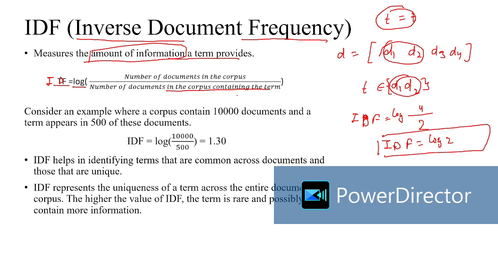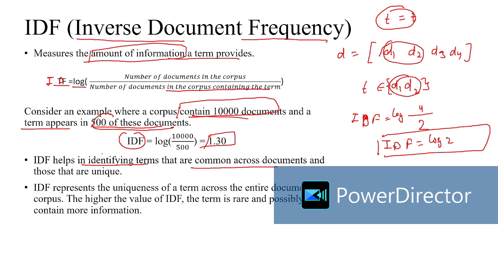Consider an example where a corpus contains 10,000 documents, and a term appears in 500 of these documents. So the IDF value is log of 10,000 upon 500, which is 1.30. This IDF value helps in identifying terms that are common across documents